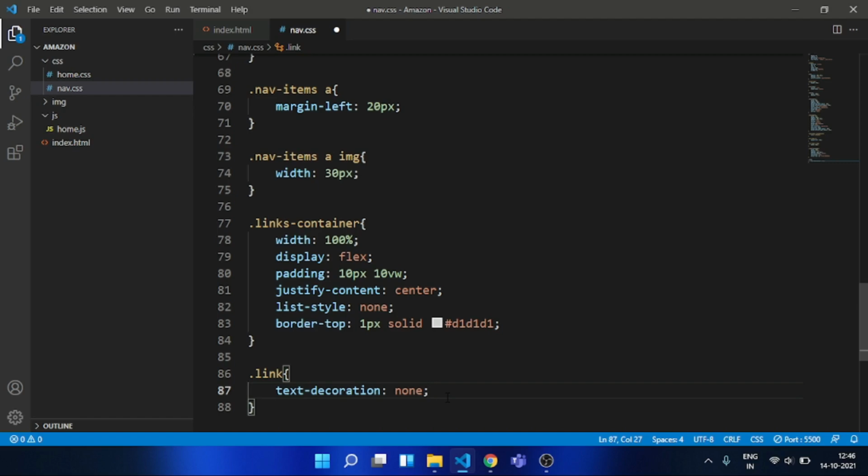None specifies that whenever a link appears, you might have noticed that it is underlined. To remove that underline, we'll type the command text-decoration none. It specifies that whatever decoration the specific text has, it will make it zero. So this is the use of this. So after this, we'll write